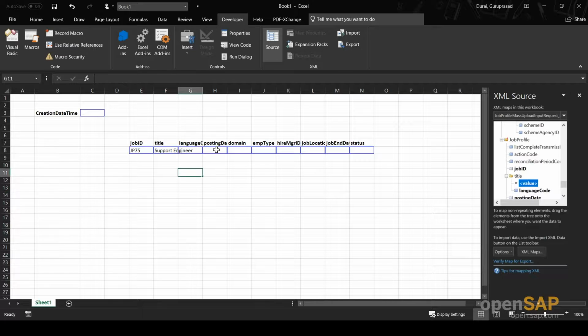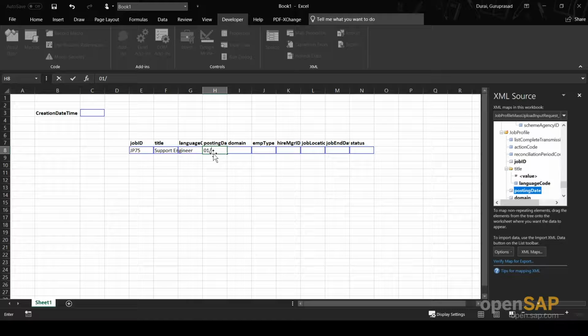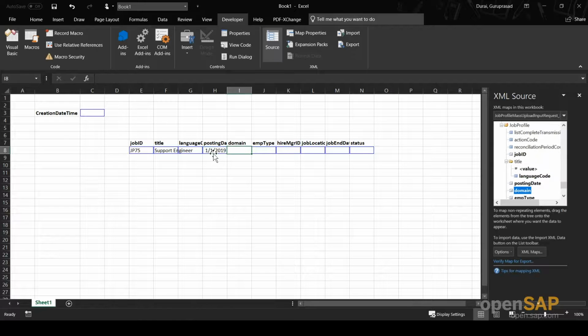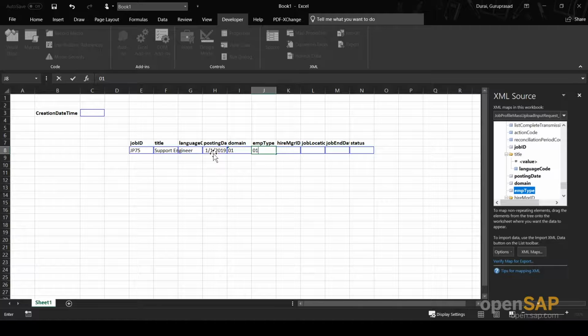I do not do anything with the language code. I provide the posting date. Let us say this is active from 1/1/2019, and for the domain, we need to provide the code values from the code list which we have created. So, I specify 01, the employment type also as 01,